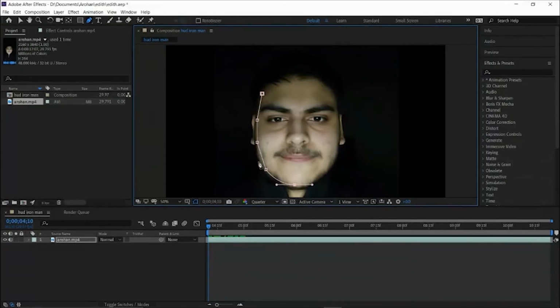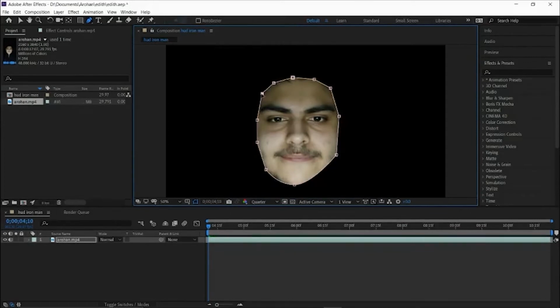We can just simply create a rough mask right now. Just select out the face, and as you can see, we have cut out just my face, and everything else is black.